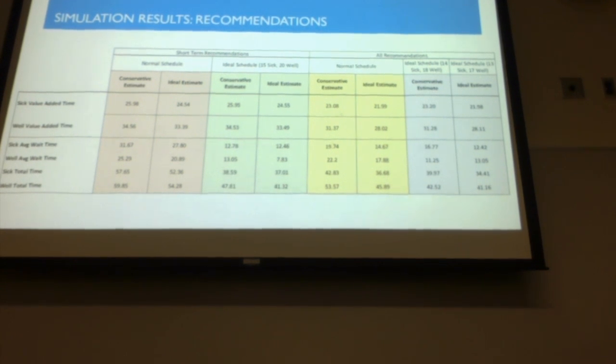We also ran this using the ideal schedule, and we implemented all of the recommendations. This will decrease the sick visit to 14 minutes and the well visit to 18 minutes. So instead of having it 10 and 20 apart, we have it 14 and 18 apart. As you can tell, that decreases the sick wait time to 16.77 for the conservative estimate, and the well average wait time goes down to 11.25. That decreases the overall sick total time and well total time as well. And for the ideal estimate,